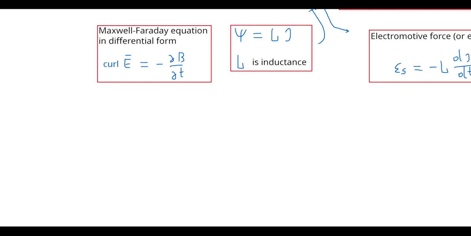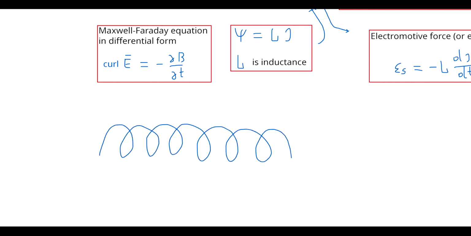This is a wire that has the form of a spring, that looks like a spring with many coils, and the current in it is here. A solenoid or inductor. Maybe the best name is inductor,